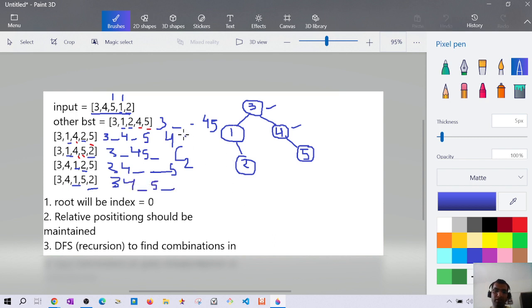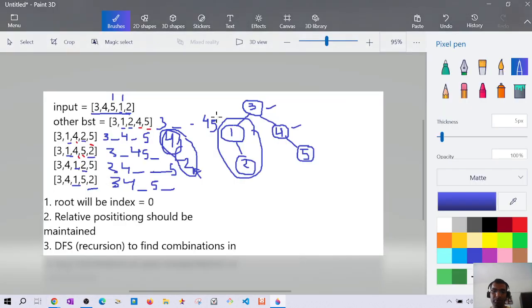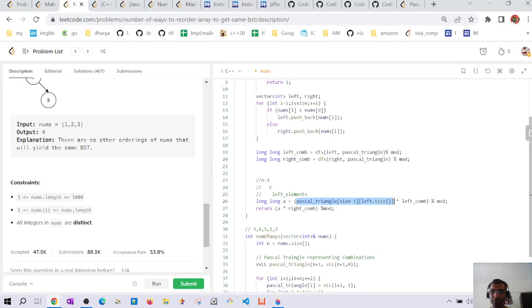So here we have this formula for calculating all the combinations of the left elements: the number of elements on the left, which is 2, and the size of array minus 1, right? So this is what we are doing here, size of array minus 1 and number of elements on the left subarray, right? So this is the combination similar to 4C2 which we have calculated here for the left subarray,